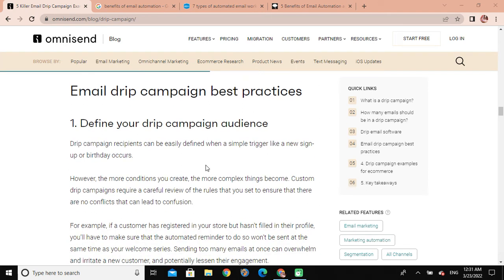First, define your drip campaign audience. Drip campaign recipients can be easily defined with a simple trigger like a new sign up or a birthday. However, the more conditions you create, the more complex things get, because drip campaigns require a careful review of the rules that you set to ensure that there are no conflicts that can lead to confusion. Next,